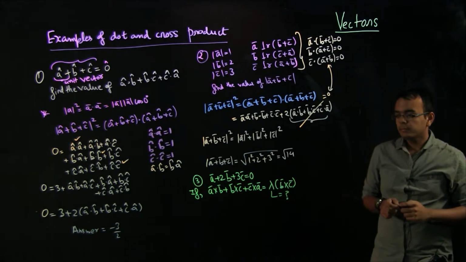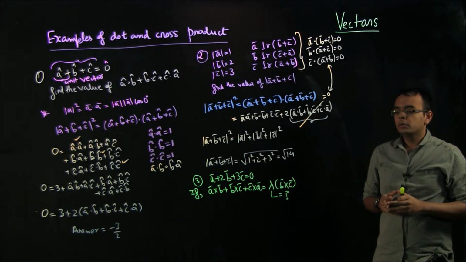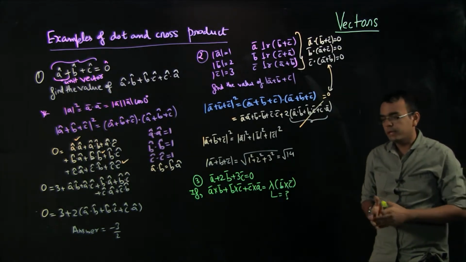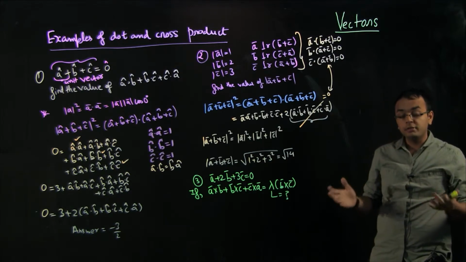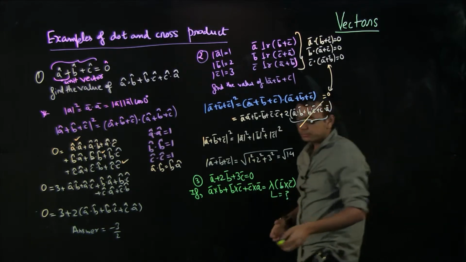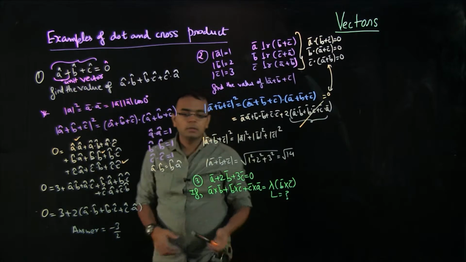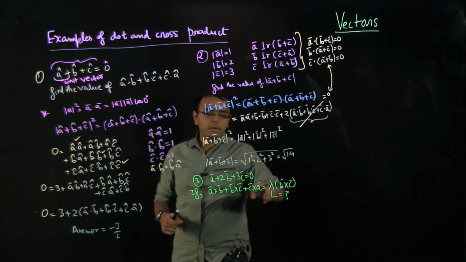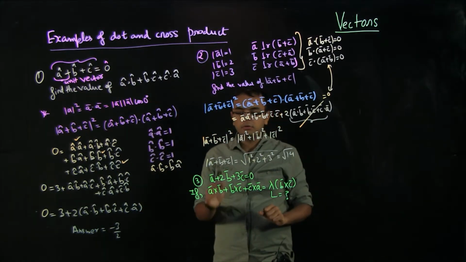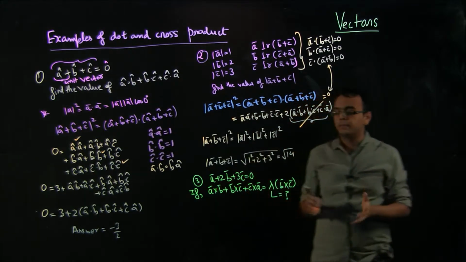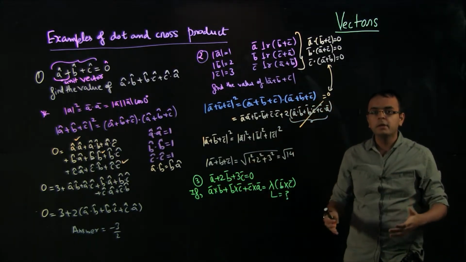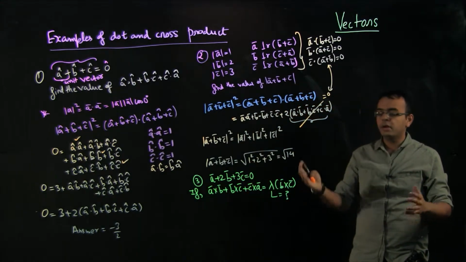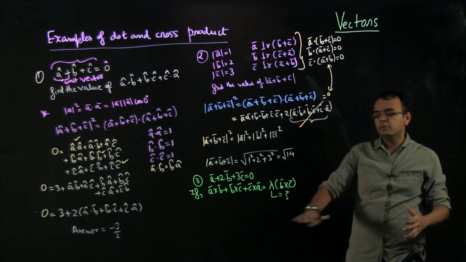Okay. So now how to solve this problem? I think this should now be hopefully very easy for you to understand. Remember that you have been asked to find something in terms of b cross c, so you have to replace a. That is the first step. That is probably the only step which should come to your mind: you have been asked to find something in terms of b cross c, so you should remove a.